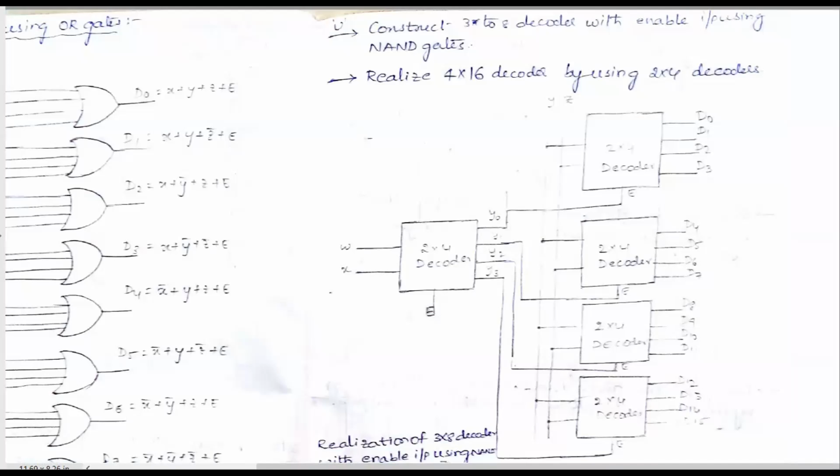The 4 input lines are named as W, X, Y, and Z. These are the input lines, or address lines, and we are having the 16 output lines. The output lines are named as D0 to